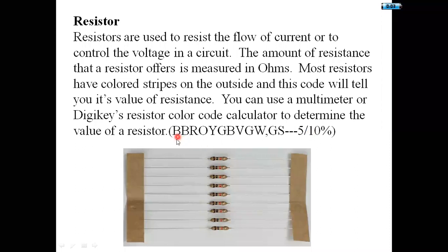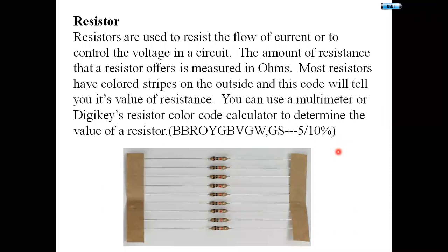B B ROY: first one is black, brown, red, orange, yellow, green, blue, violet, gray, white, gold, silver. These last two are for tolerance. For gold it is 5% tolerance, and for silver it is 10% tolerance. We can easily memorize this by B B ROY: Great Britain has very good wife and good son. By using this short form, we can easily memorize the color code of a resistor. In our laboratory, we will deeply see what color coding is and how we can identify it. We will see later on.